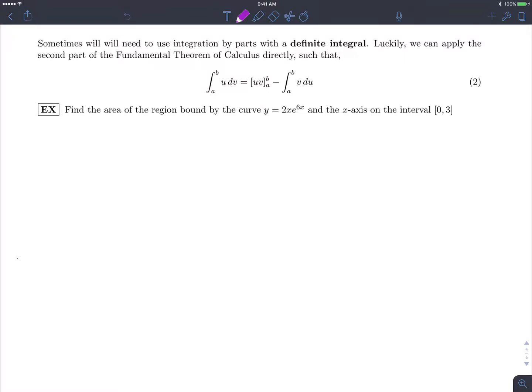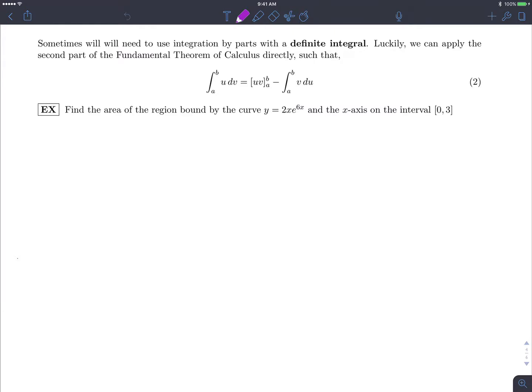So up till now, we've really only done examples of integration by parts with the indefinite integral. So I wanted to show you an example where, if you needed to incorporate a definite integral in the process of integration by parts, we'd know what to do. Now, in the textbook and in most places that you look, you'll see the following formula for integration by parts